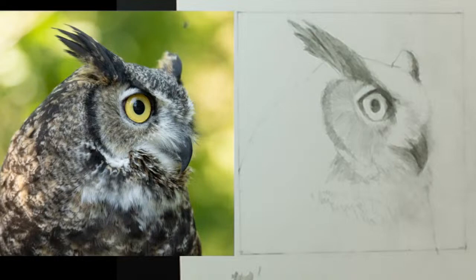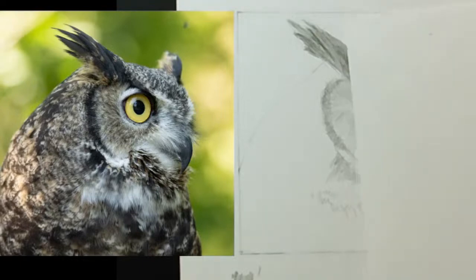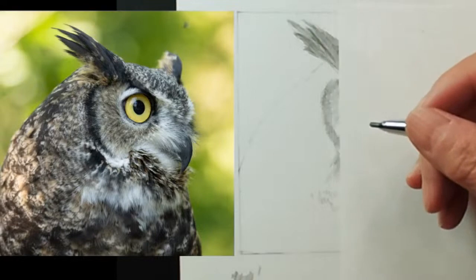I can also use a piece of paper to cover that and protect my drawing. Okay. Now I have this piece of paper, so I can place this so I can work on